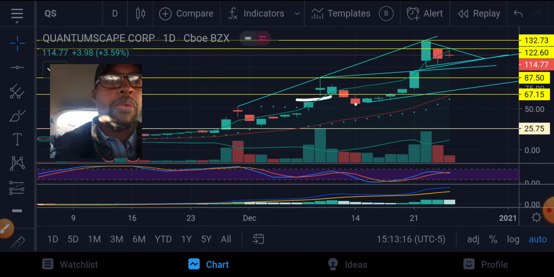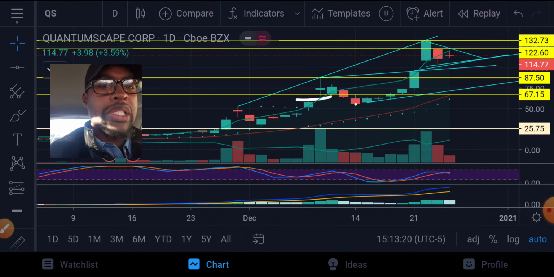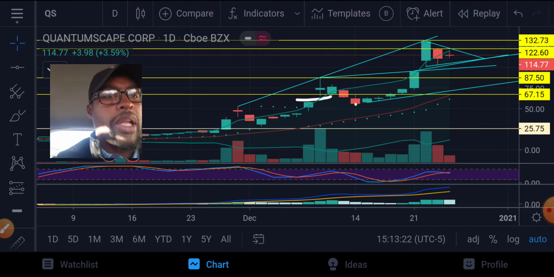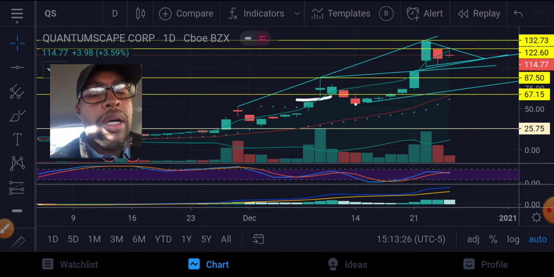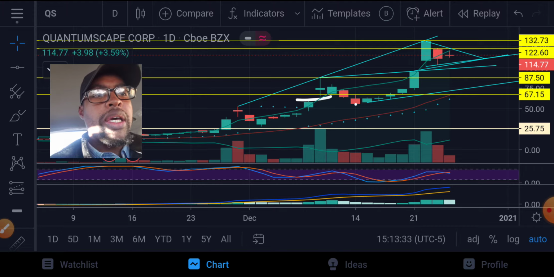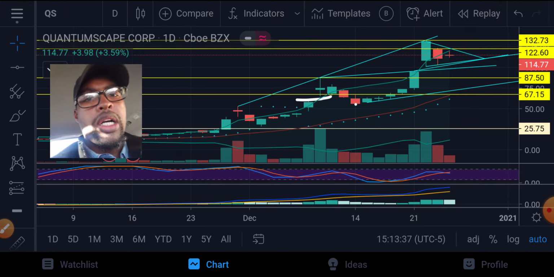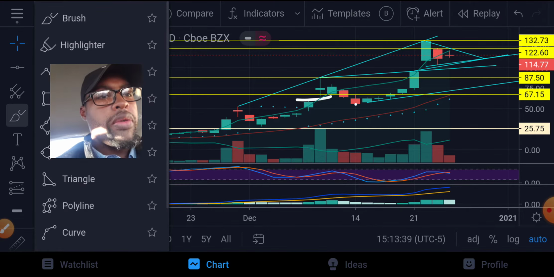So Quantumscape, we're going to look at the trend lines, right? So our major resistance for Quantumscape is that yellow line, which is 87.50. Our major support, resistance line is 122. So our support is 87.50, and our resistance line is 122.60. We have trend lines. Our trend lines will be